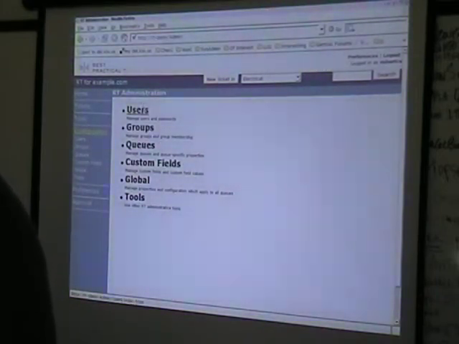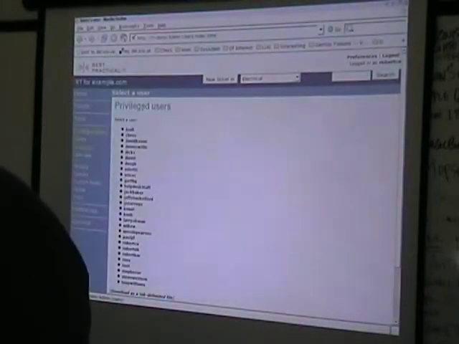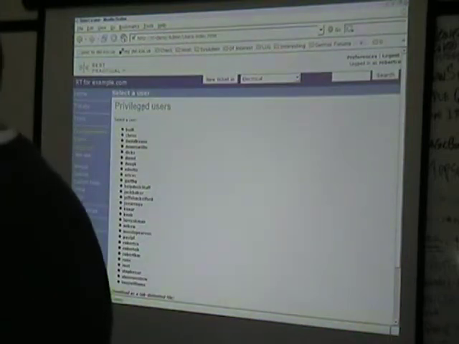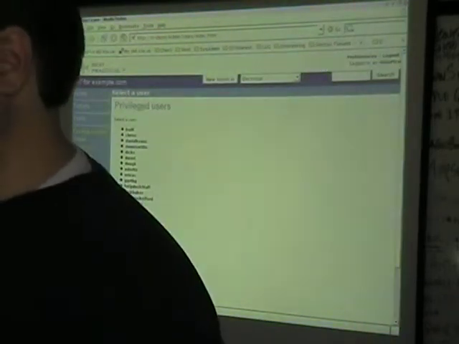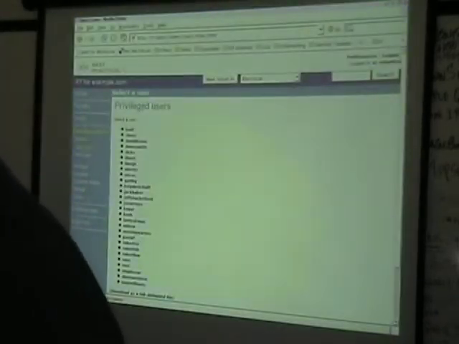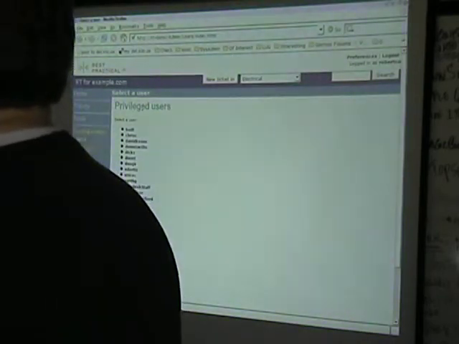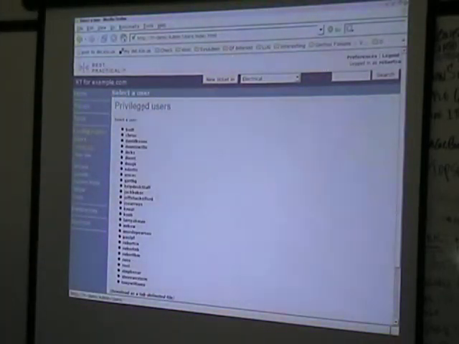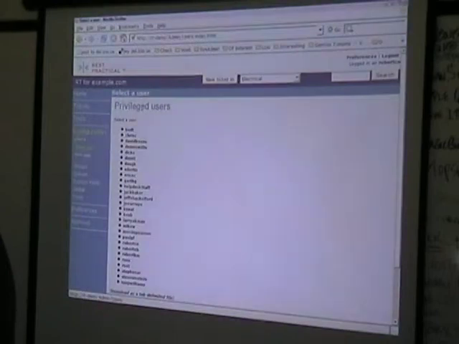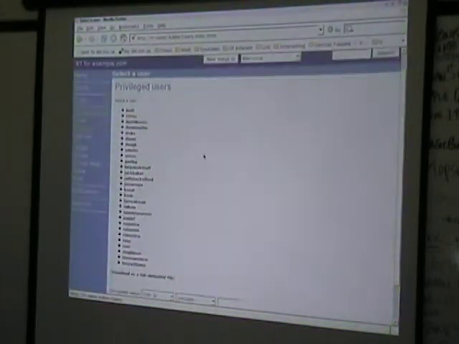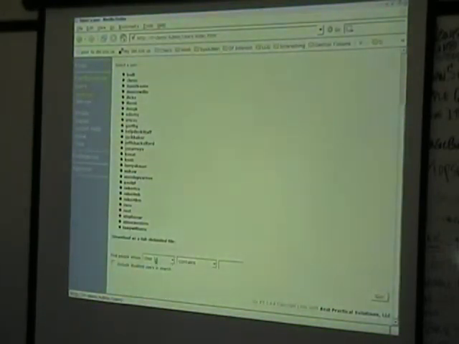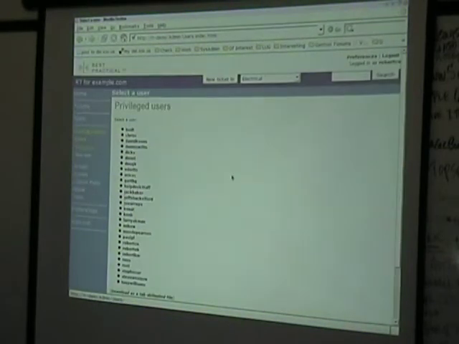Okay, and then users. Now, if you set up a mail gateway where a user can send an email and it'll automatically add the ticket, it will automatically add a user account for that person as well, with their email address as their username. So if we come down here and we say include disabled users in search, you'll notice